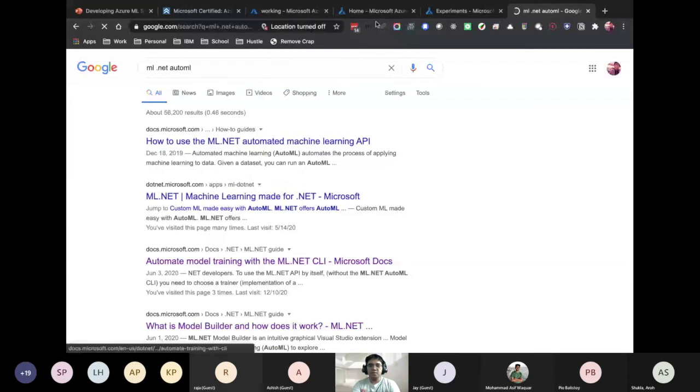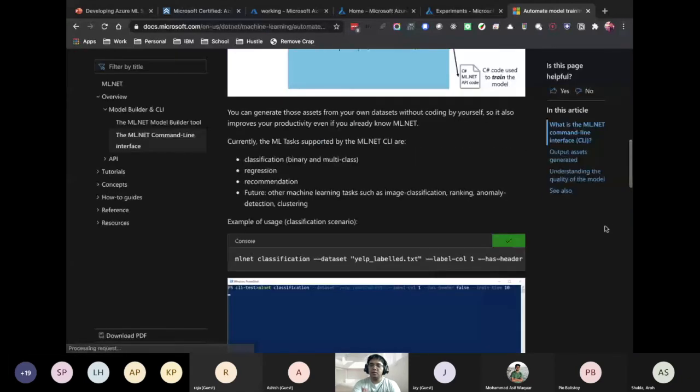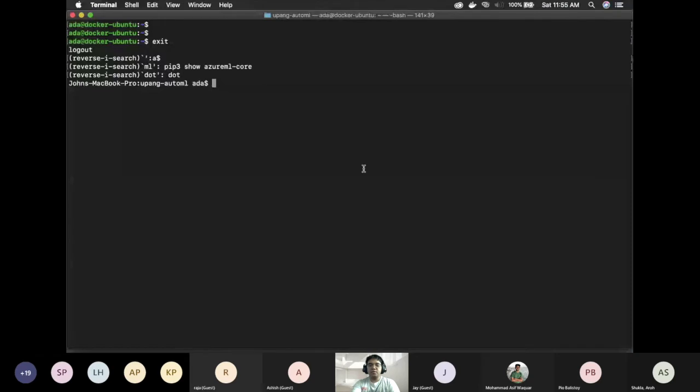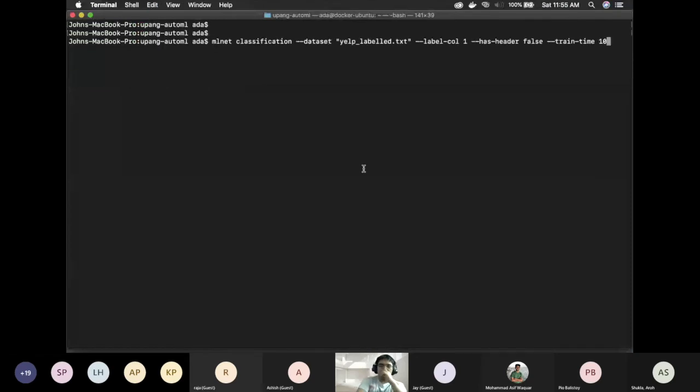Let's take a look at that. So they actually update really fast. Anyway, this is the last thing that we'll take a look at. You can do AutoML in the Azure cloud, but you can also do AutoML locally. But there are still limitations to this. Like in the AutoML in Azure, you can have customizations, like what algorithms you want to skip, what pre-processing steps you want to skip. As far as I know, this doesn't have those.